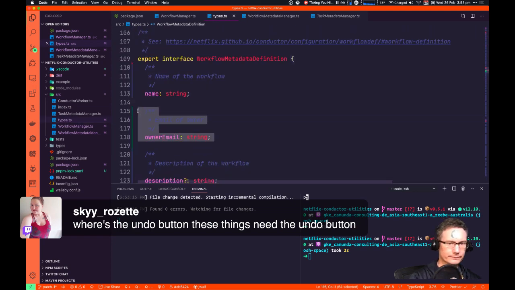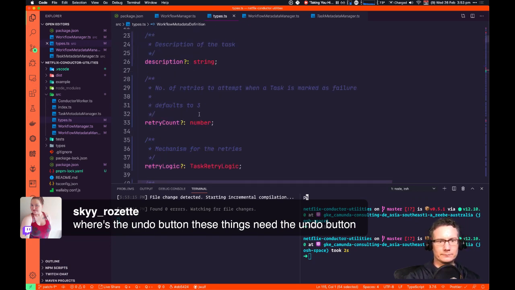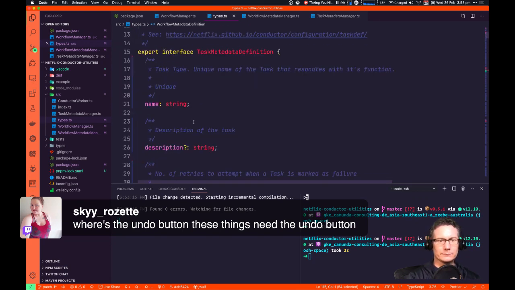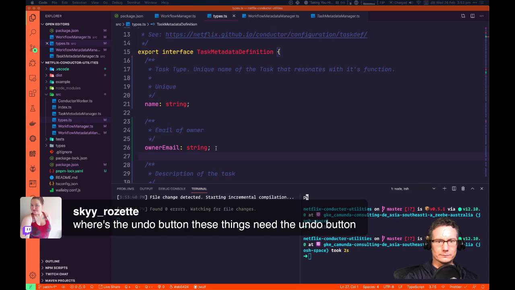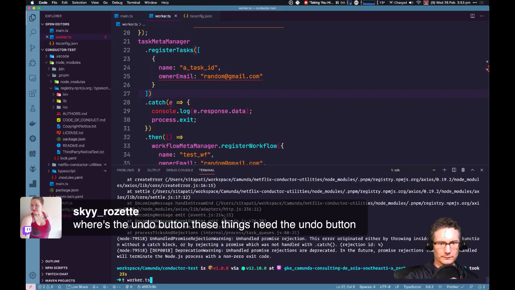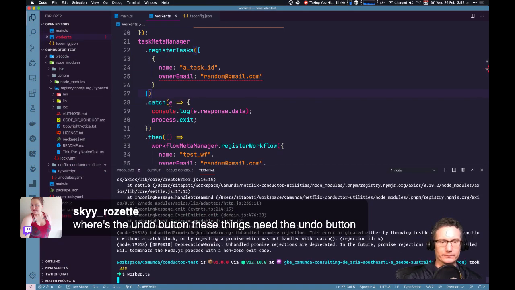Grab this out of here, and run. Okay, this time it should work like magic.